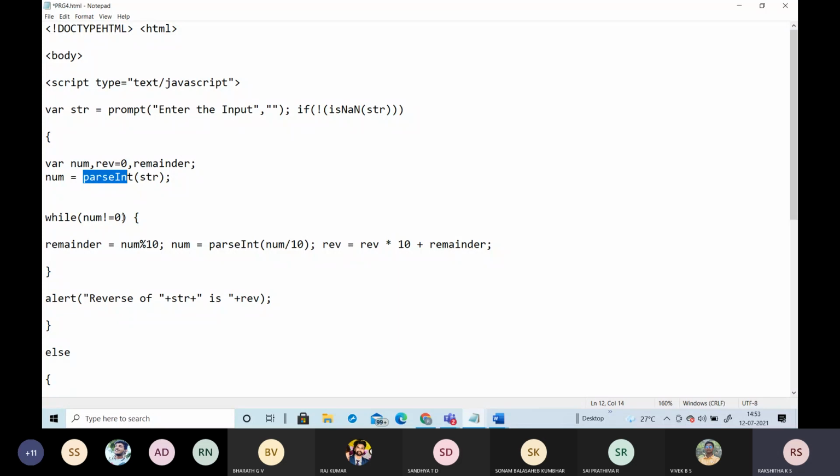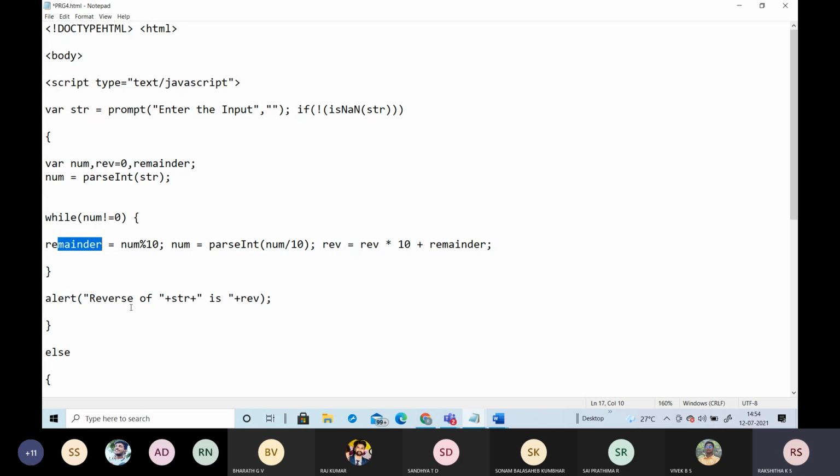If that number is not equal to 0, for example here I am taking the number as 121, which is not equal to 0, then it will execute this particular code: 121 modulus 10, and the number becomes 121 divided by 10, and lastly it will execute the reverse, which we have already taken as 0, that is reverse equals reverse into 10 plus remainder. Whatever value we have in the remainder, that value is calculated.